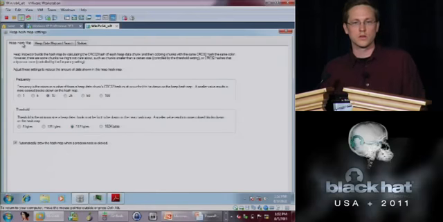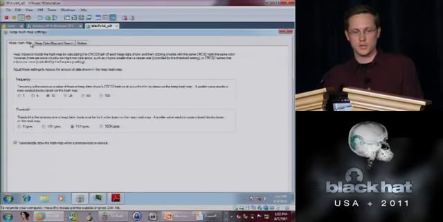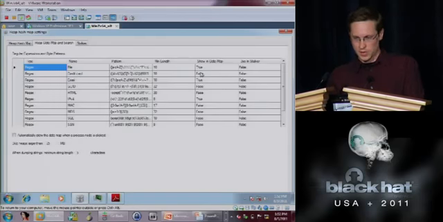Right. It's not a HIPS type detection prevention tool. It's a post-mortem analysis tool. And you can define regular expressions here, include them in the data map,